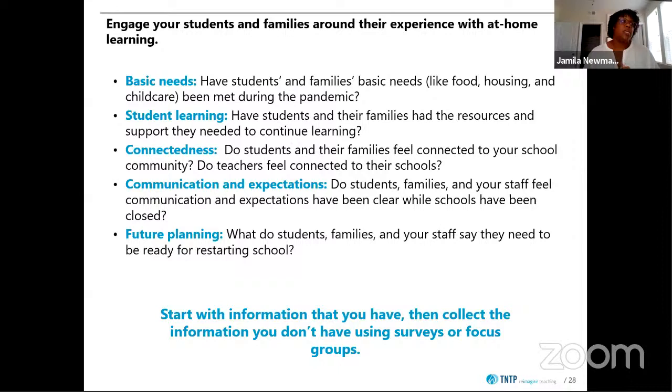Communication and expectations. So again, you're wanting to assess for families and for students if they feel like the information that's been coming from the school has been clear. We've had a lot of systems across the country who have given surveys, either surveys that they already had originally planned, they've just added to them, or they've given unique COVID response surveys to really understand how people are receiving the information. Is it frequent enough? Is it clear enough? Are the venues that they have access to in terms of communication effective? If it's texting, streaming something on the news, et cetera, just to make sure that they have the information that they need,